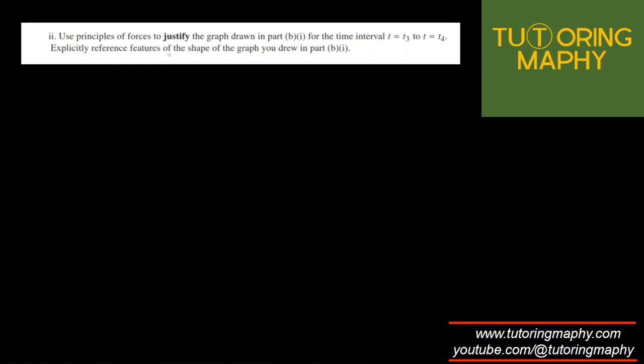Use the principle of forces to justify the graph you drew in part P1 for the time interval T3 and 4. T3 and 4 is the cosine one. Explicitly reference the features of the shape of the graph you drew. Okay, so if we were to use the concepts of force here to describe it,